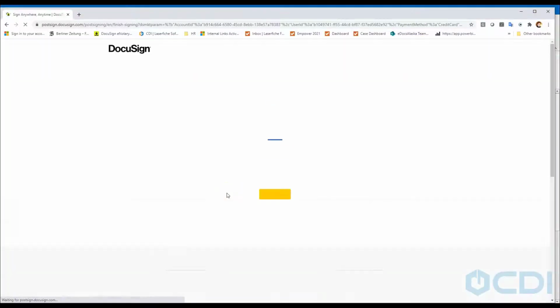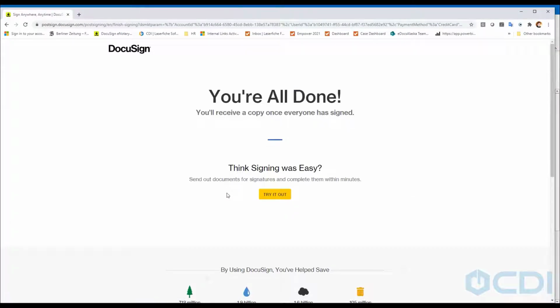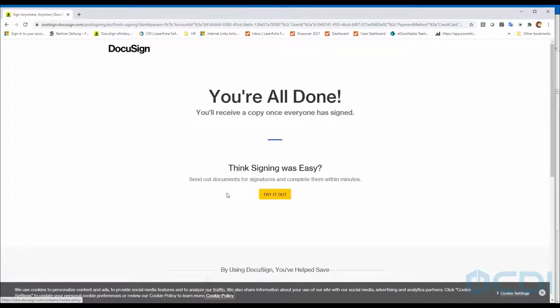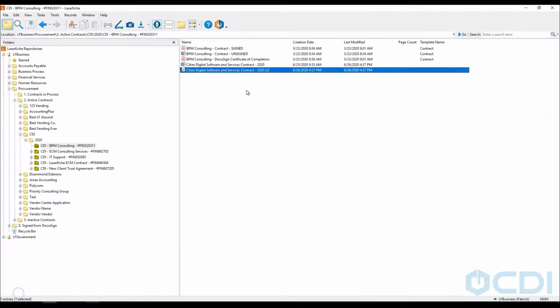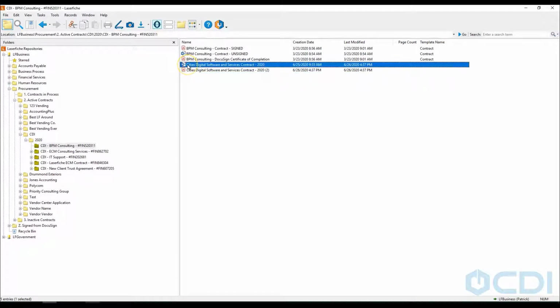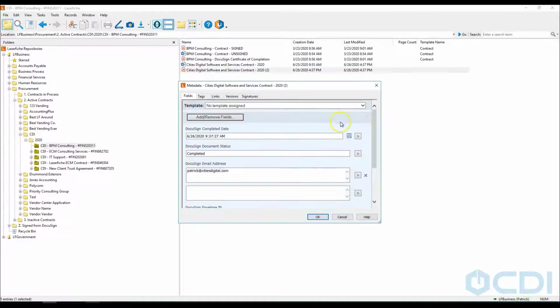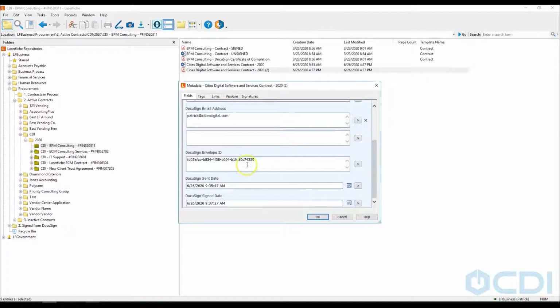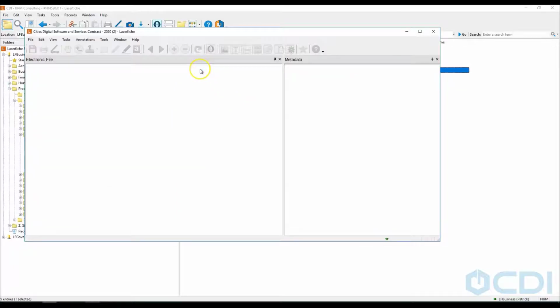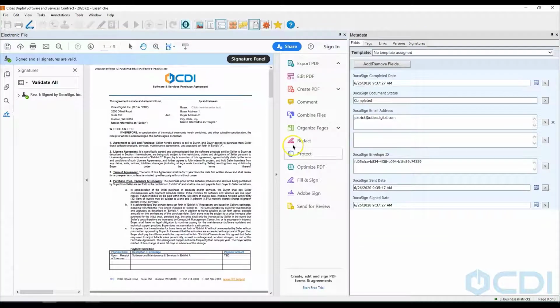This is going to send that signed contract to my Laserfiche system and load it into the folder from where it began. If I had multiple signatories on this contract, it would be sent to the other signatories, they would all sign, and it would then be loaded into the Laserfiche system. You'll see in Laserfiche that I have my unsigned copy and my signed copy. I can see all the metadata for the PDF that's been reloaded, including the DocuSign envelope ID, the time it was sent, and the time it was signed. So let's open it. Here's my signed agreement with all the metadata